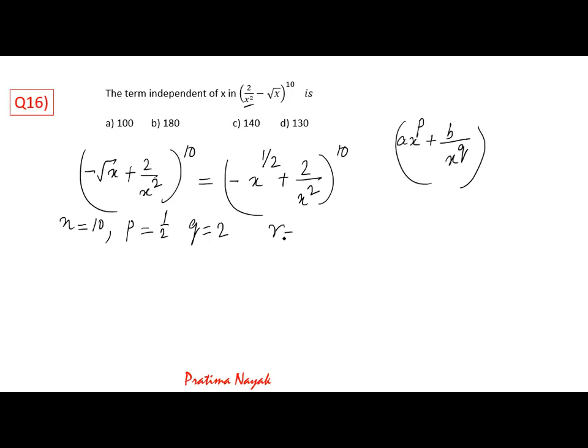So r is equal to n p by p plus q. So it is equal to 10 into p, which is half, upon p plus q, which is 2 plus 1 by 2. That will be 5 by 5 by 2. That will be 2. r is 2. Then we will get the third term. So I will get 2 t3. What will be the answer? Now I am not writing the x. There I was showing how it is cancelled. You are getting independent of x. So here I am directly writing the answer without